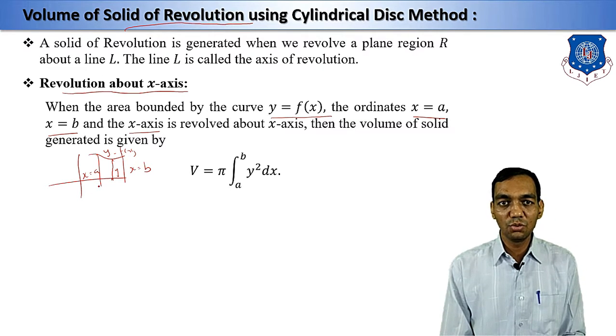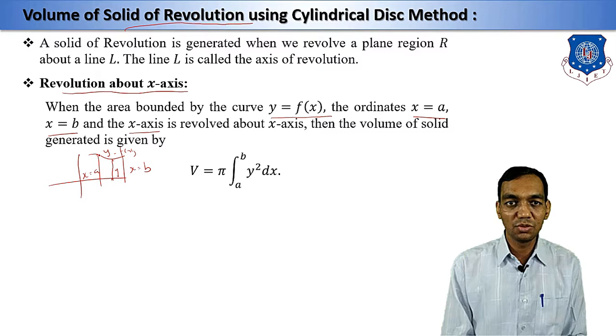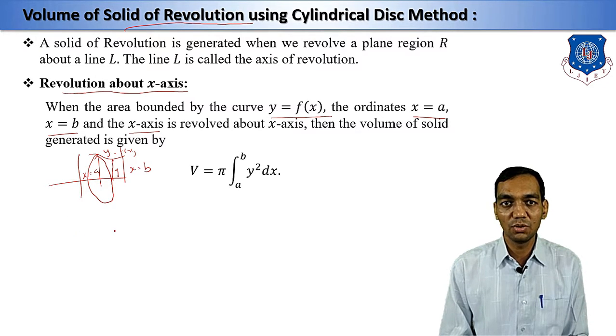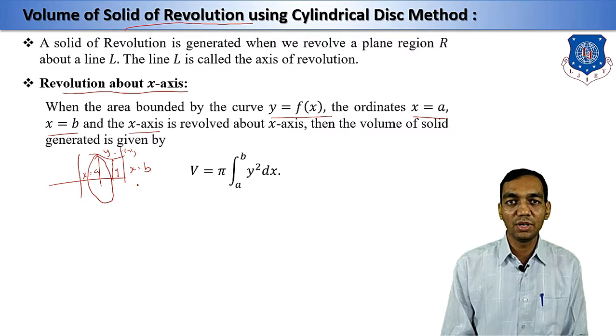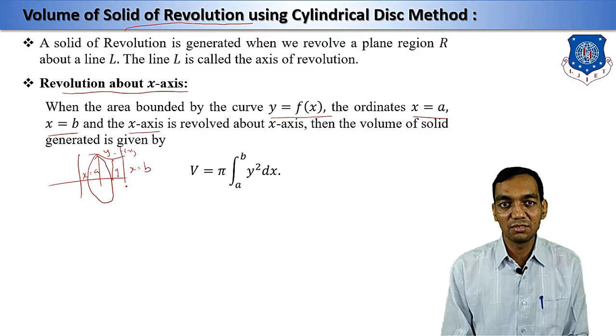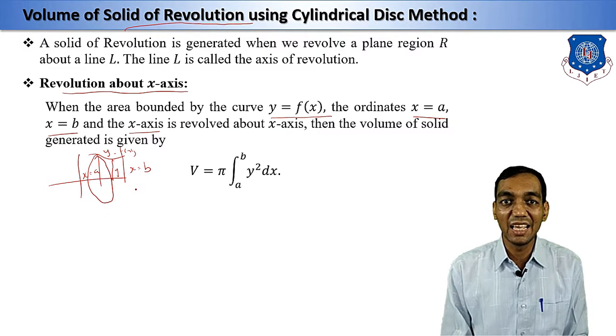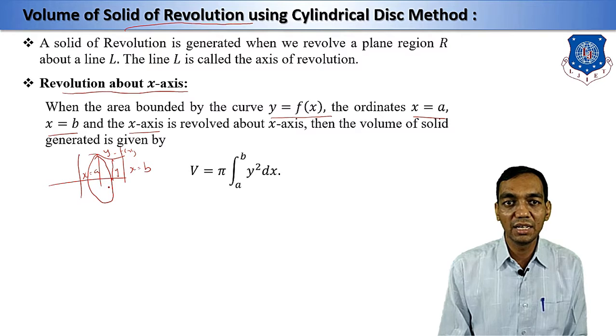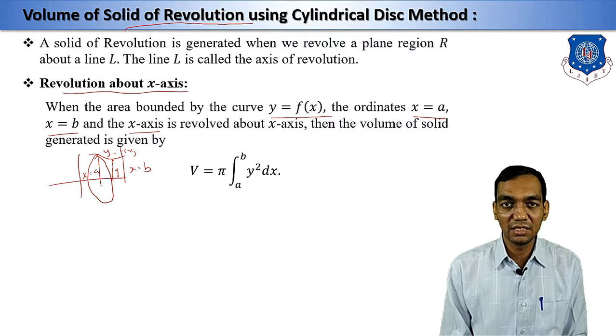Now what you are going to do, you are going to rotate this along x-axis. Then you will have a circle like this, because you are rotating along x-axis. Same manner, each point is going to be rotated. Then for each point you have a circle with radius y, because this height is always going to be y. That's why the cross section area is going to be pi y square. And you have to integrate it from x is equal to a to x is equal to b. Now pi y square, that means here you have to put y is equal to f(x). Then only you can integrate this function.